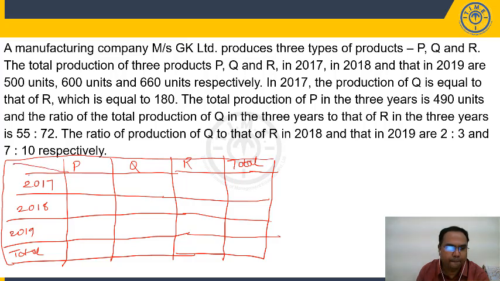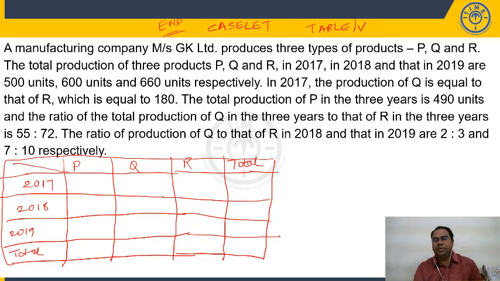Right? Now, let us read the data. This is a caselet. So what you need to do in the examination is try it towards the end of the paper. Once you are done with other areas, then only we will try the caselet. In a caselet, you have to capture the data in the form of a table or in the form of a Venn diagram, depending on the data given. So this we will capture in the form of a table.